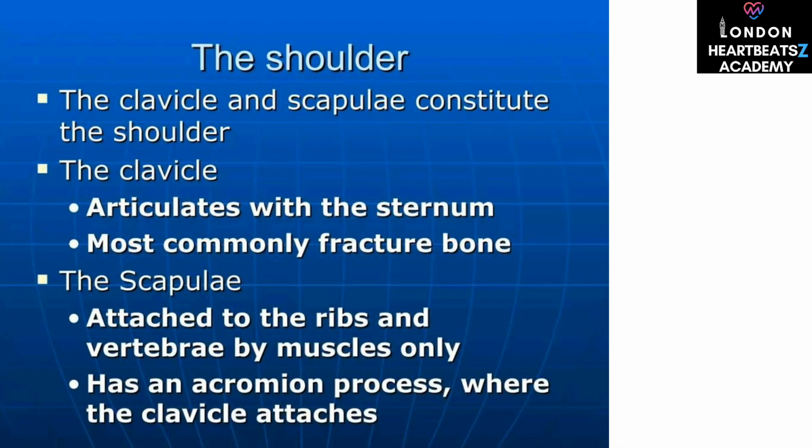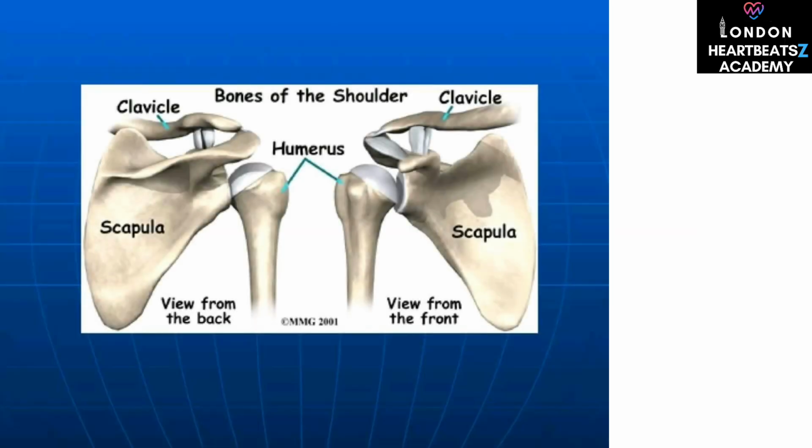The shoulder is constituted by the clavicle and scapulae. The clavicle articulates with the sternum and is the most commonly fractured bone. The scapula is attached to the ribs and vertebrae only by muscles and has an acromion process where the clavicle attaches. Here is an illustration of the bones of the shoulder, showing the clavicle, scapula, and humerus from both back